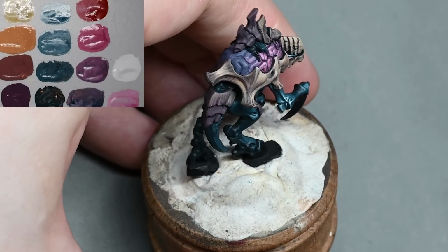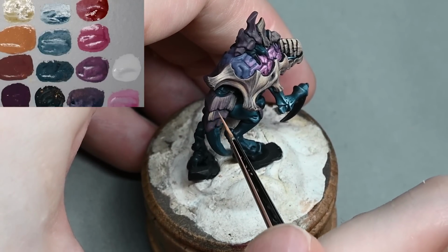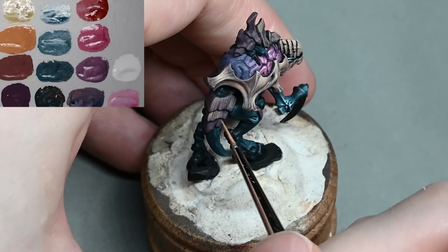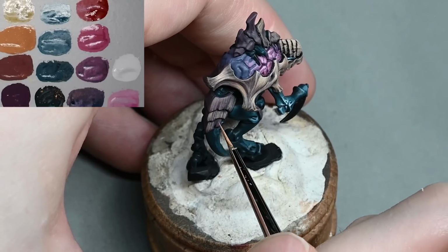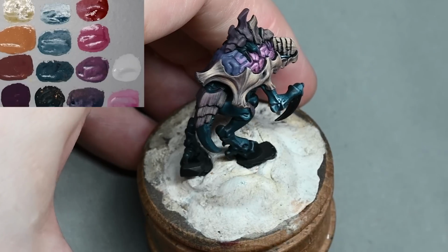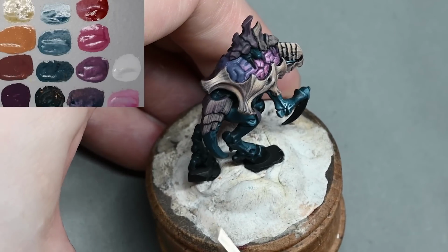And so you can see there's a big difference there between the purpley look of the brain matter where I haven't finished painting it, and the section where I have, where I've highlighted it up through the Emperor's Children, adding white, and then going over it again with the Mephiston Red. So now back to another part of the carapace,